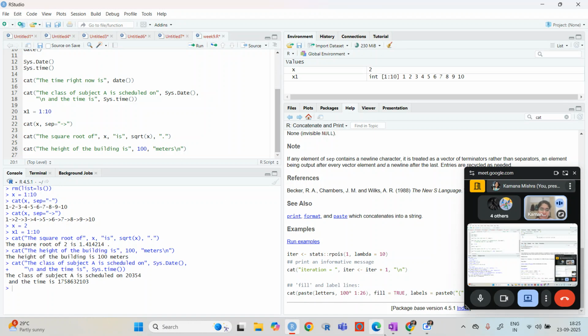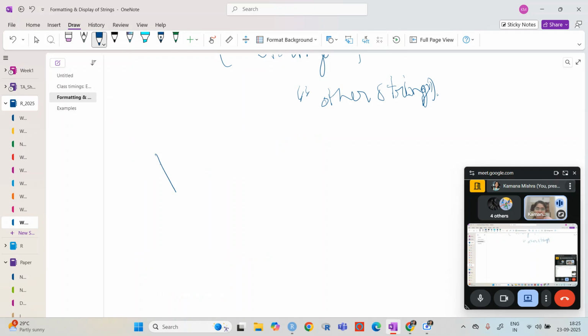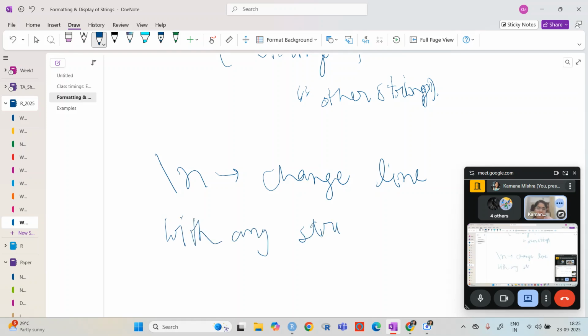So slash n is basically to change line, and you can put this command with any string.